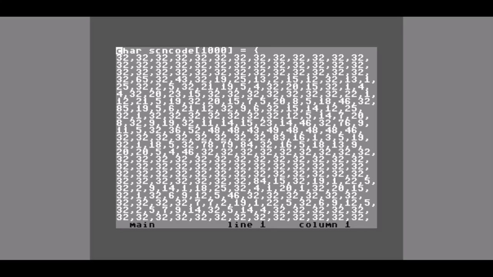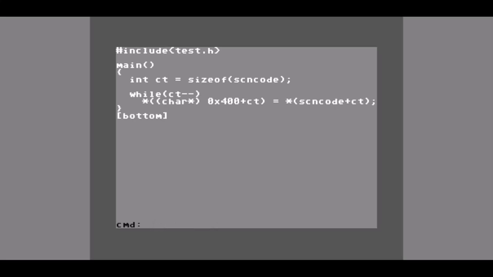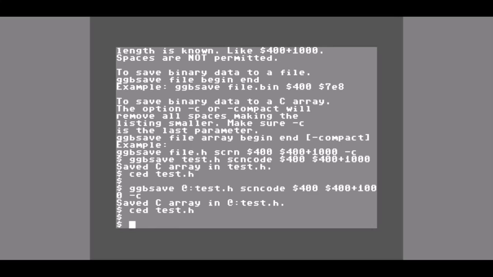So I already have a program written up. And clear this. Get test.c. Very simple program. Doesn't even require the standard input-output header, which is unusual. Very basic. All it does is load the test.h file, read all the bytes, and put them right into screen memory. So let's go ahead and quit this, and I'll compile it, and when we're done compiling, I'll come back and show you it